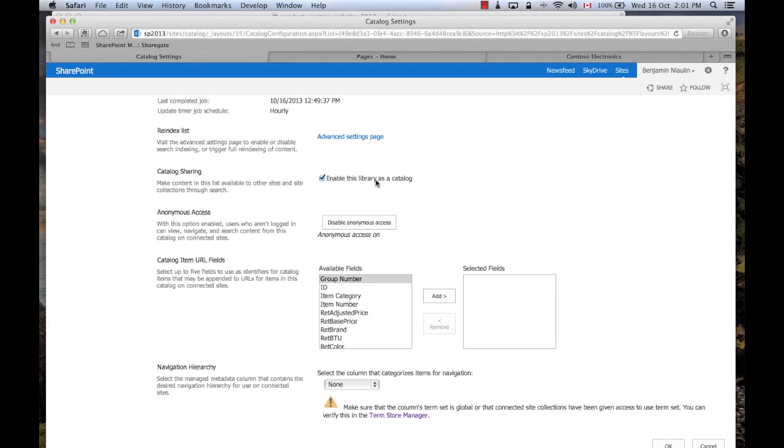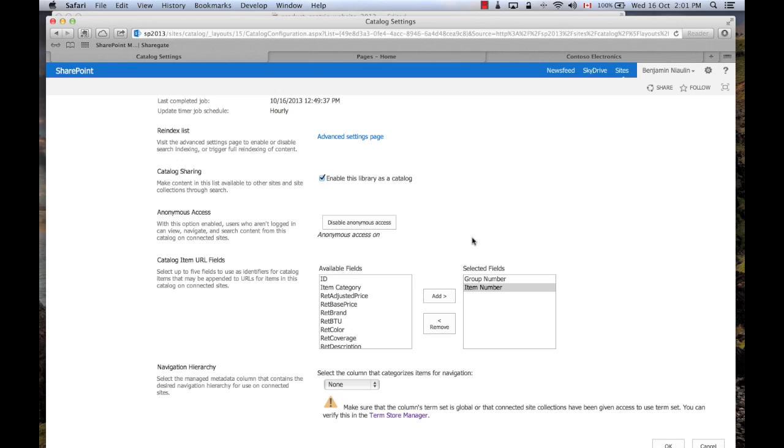What I'm essentially saying is, how am I going to build these dynamic friendly URLs? I want SharePoint in my publishing site to build the URLs of whatever item I visit using the group number and then the item category. Sorry, is that what I want? The item number is probably what I want. There we go. So basically my URLs now are going to be something like my publishing site,